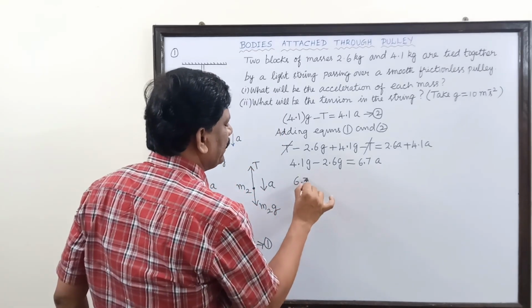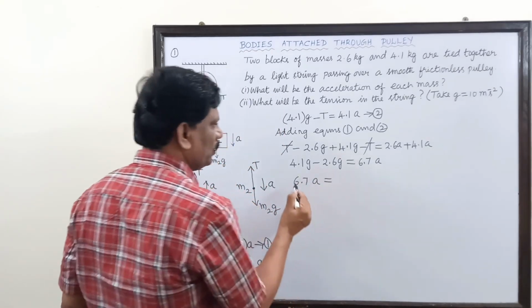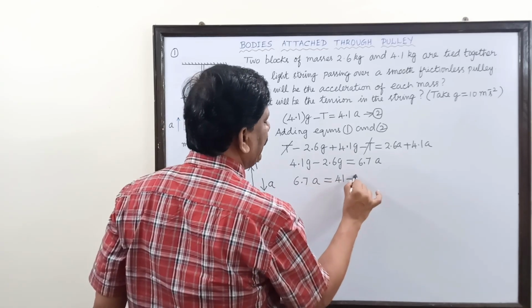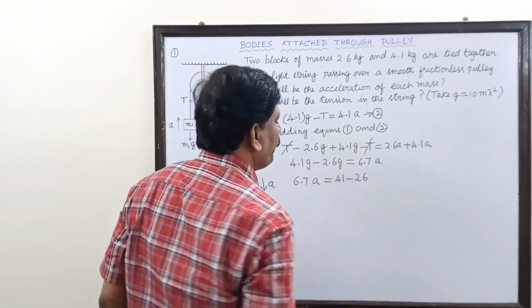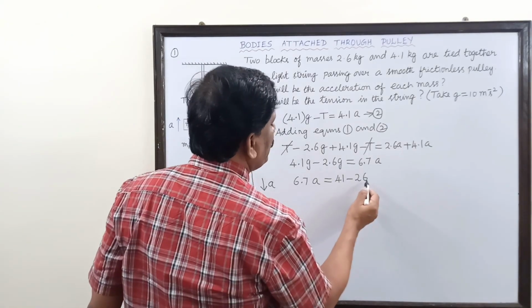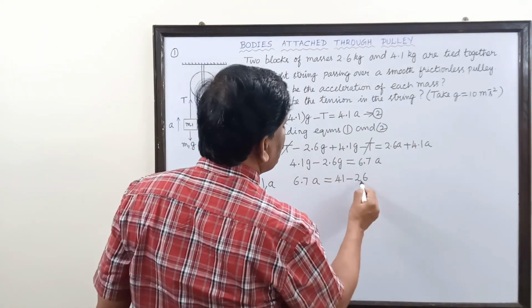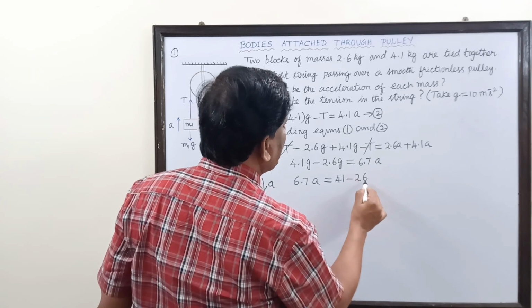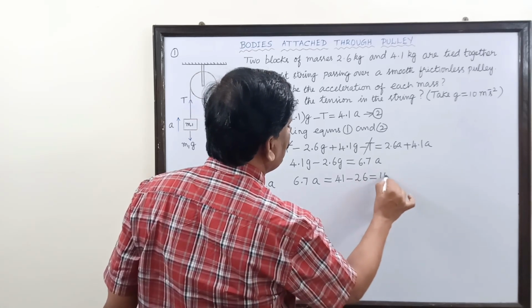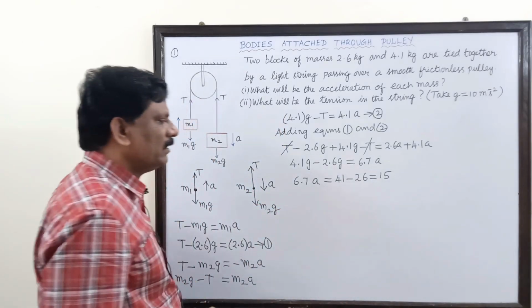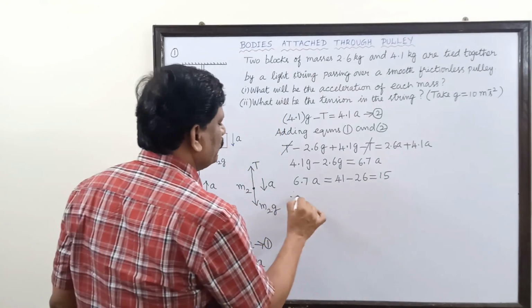So 6.7 a is equal to 41 minus 26, so this is equal to 15. Now therefore a is equal to